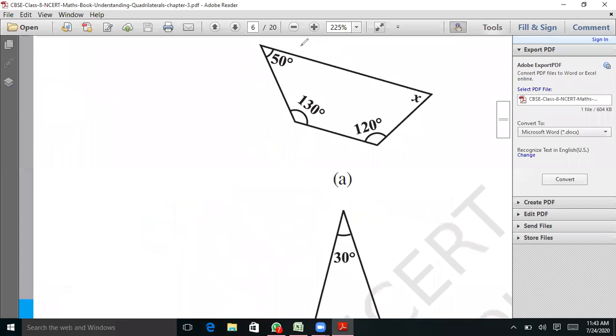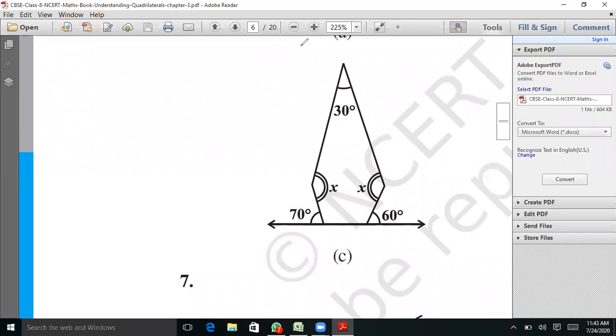Next is the C part. Here you can see we have been given 5 sides: 1, 2, 3, 4, 5. So it's a pentagon now, it's not a quadrilateral. So here we will use the angle sum property of a pentagon. This angle is given as 30 degrees. These two angles are given as x. Outside angles, exterior angles, are given here. So we'll find the interior angles first, because we are using the angle sum property of interior angles. That's why we will find the interior angles here, right?